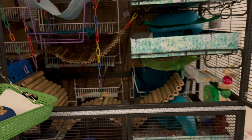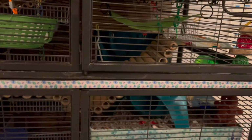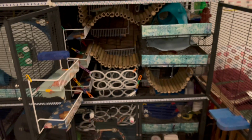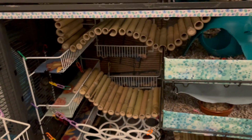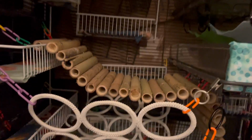So let's go ahead and just continue our journey downwards and move right into the third unit, which, as you can see, it's all connected. So I'm just gonna close this. Okay, so this is the third unit, and as we continue our journey downwards into the depths of shelving hell, as you can see, the first thing we have is yet another shelf. I know, so surprising. So this is a double-decker shelf, again, with more fleece binder clipped on, again,